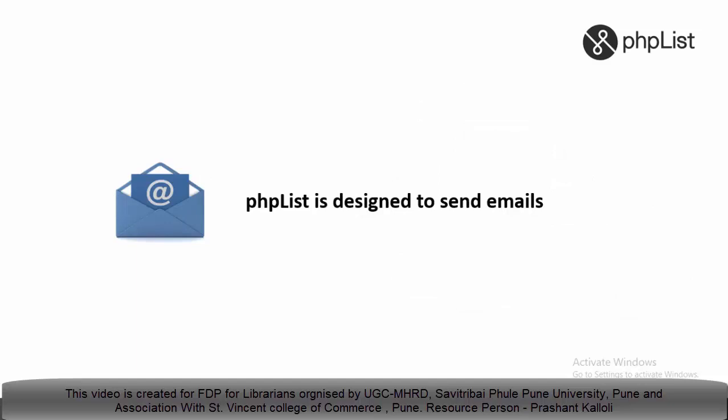Now we are discussing the features and facilities available in the phpList application. phpList is a true email manager. It is designed to send emails to subscribers or users. We can send a single email to a large number of users, from several hundreds to millions of recipients.